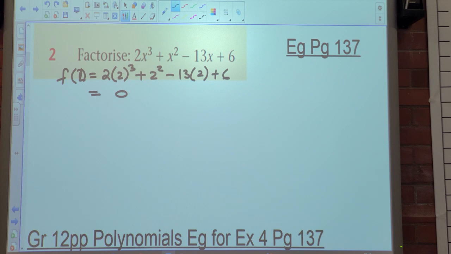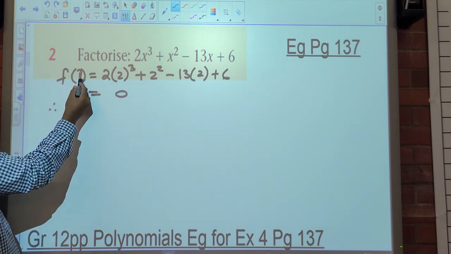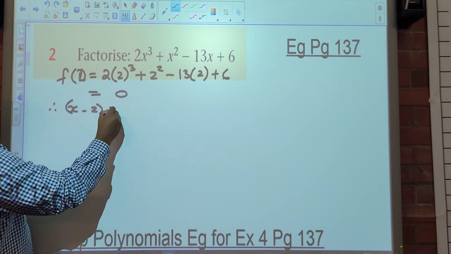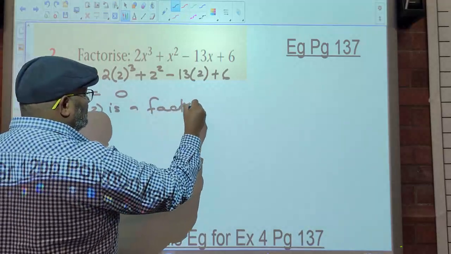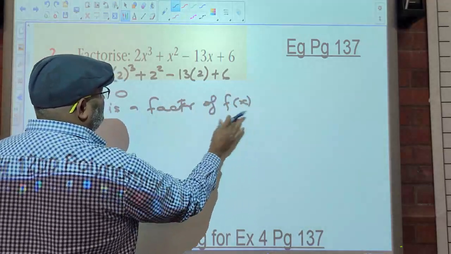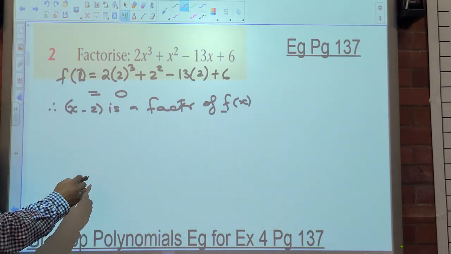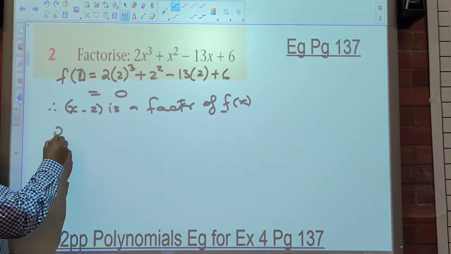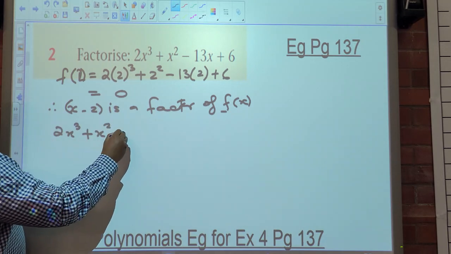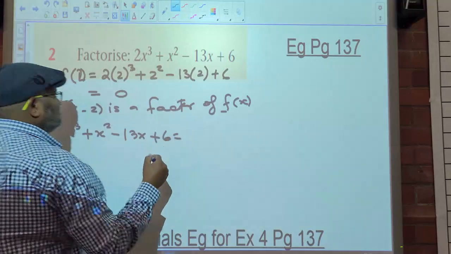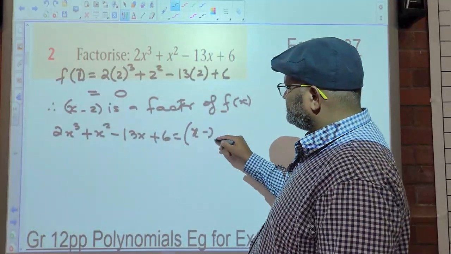Okay. Now what's the next step? Find the quadratic factor. Right, so what do we say? Therefore, x minus 2 is a factor of f of x. I don't have to say this of f of x, I can leave that out. Let's find the quadratic factor. So what do I write here? Firstly, write 2x cubed plus x squared minus 13x plus 6 is equal to x minus 2 into